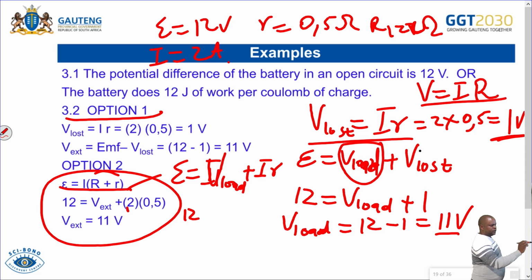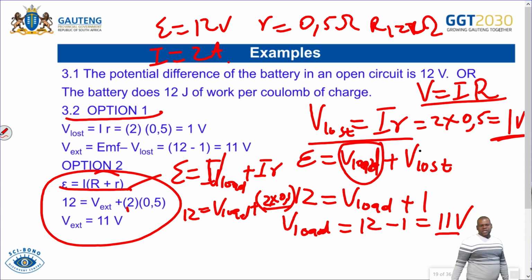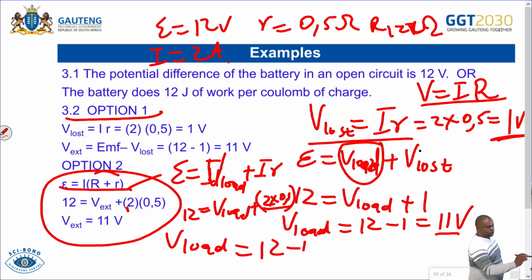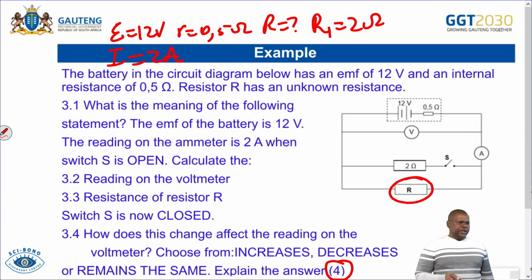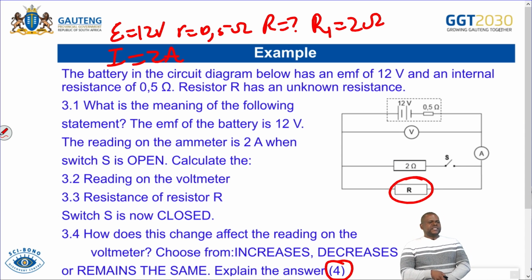Then we know this is 12 equals V load plus I is 2, R is 0.5. Then 2 multiplied by 0.5 is equal to 1. Then from there, you just say V load is equal to 12 minus 1, which gives you 11 volts. Are we together? Yes. And number 3, they say to you,